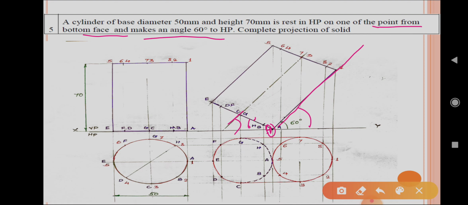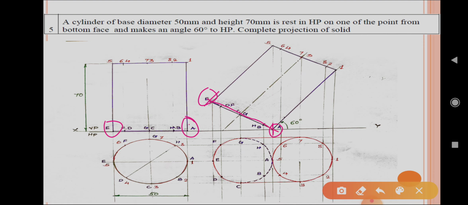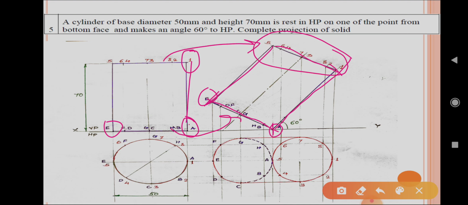So draw the 60 degree line. Then the base is perpendicular, so draw two lines: one is the 60 degree line, then the base perpendicular line from the same point. Then that is the resting point A to E distance we can mark on the inclined line. In a similar way, on the 60 degree line, take the A to 1 distance and mark this point. Complete the rectangle. So the top face we can transfer all the points, the bottom points also, the letters also transferred,